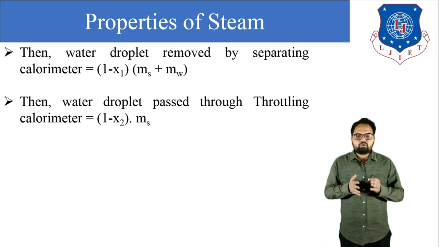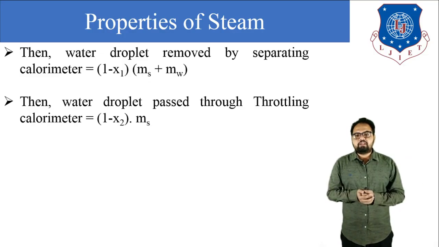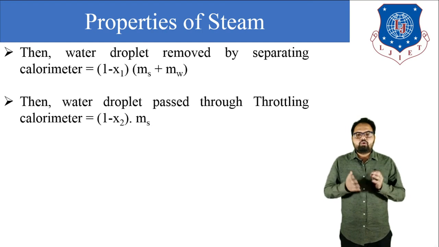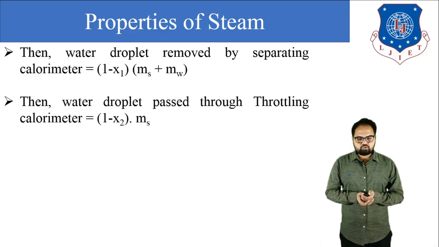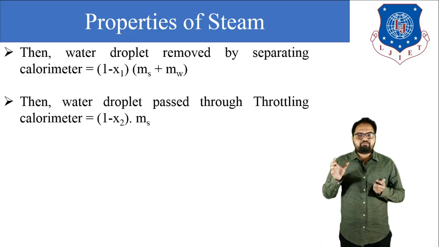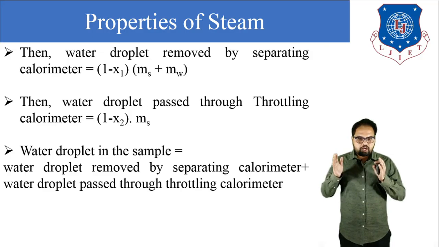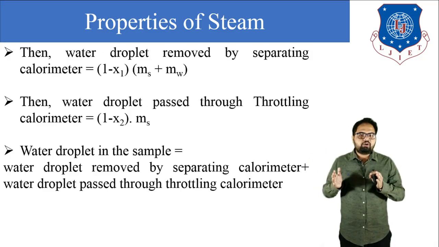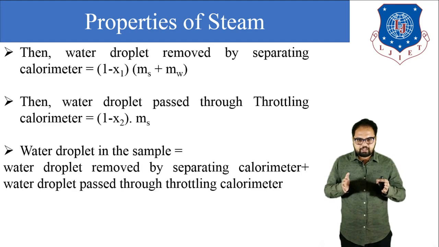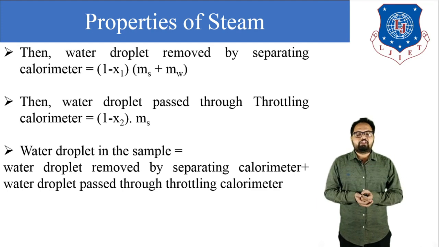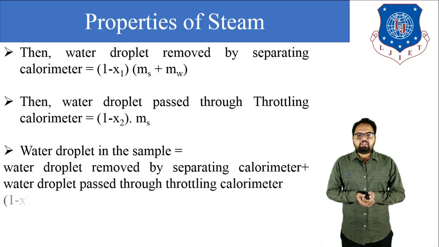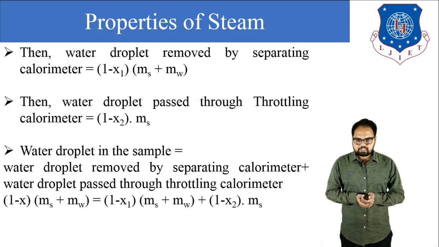But we know that in the throttling calorimeter, after throttling the steam will be superheated, so there is no water present in it. So the final term will be (1 minus x2) into Ms. So the water droplets in the main steam line are equal to the water droplets removed by the separating calorimeter plus the water droplets removed by the throttling calorimeter, and the final equation is (1 minus x)(Ms plus Mw) is equal to (1 minus x1)(Ms plus Mw) plus (1 minus x2) into